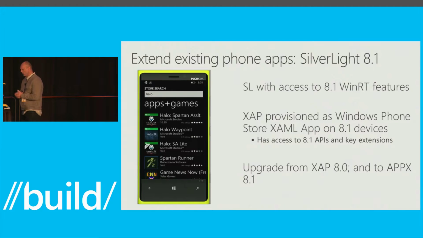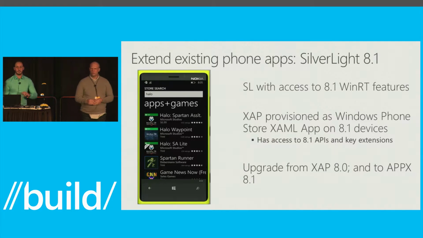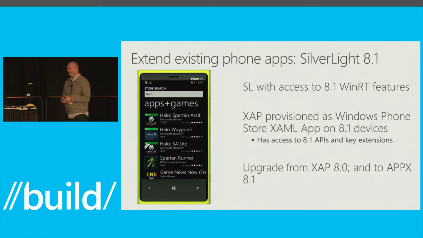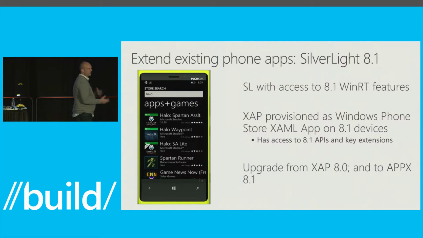So Silverlight 8.1 is all the goodness you get in Silverlight 8.0 with access to WinRT features. So you can use WinRT API, or the new APIs delivered with Windows Phone 8.1, without having to write reflection like you might expect if you were doing LightUp. You have full platform versioning targeting, so you could produce a Silverlight application that targets specific 8.1 devices. It is a combined package provisioning